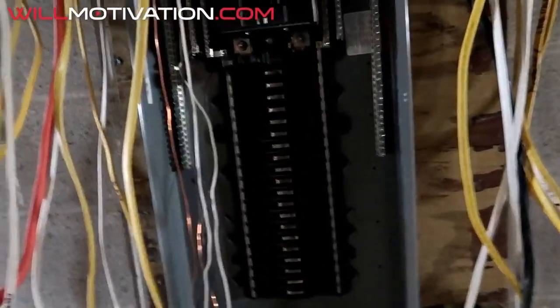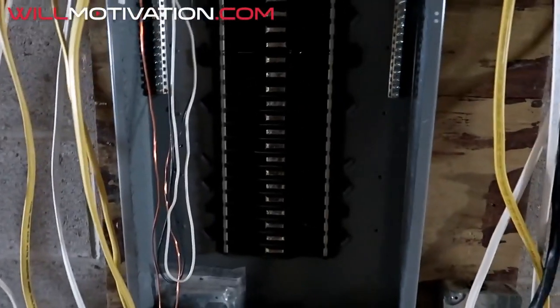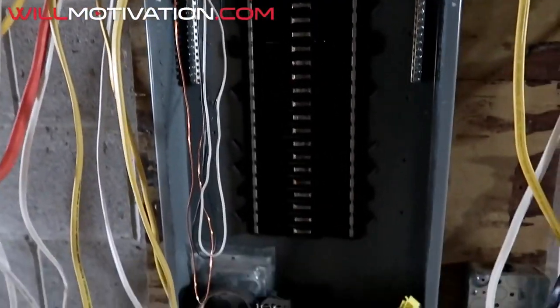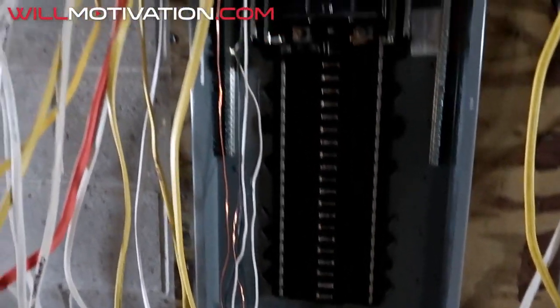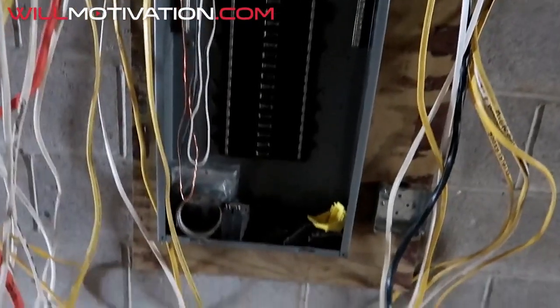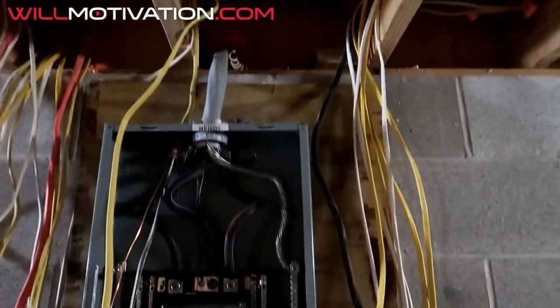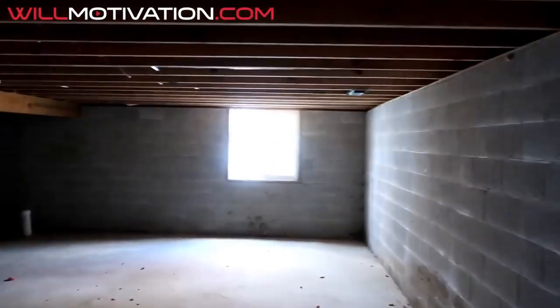Let's see. I guess he's got one in there for the sump pump. And it looks jakey too. So we gotta figure that out. Because he's got to connect all of this wiring, all of my fuses, all of that. So I got to talk to him about when that's supposed to happen. But anyway,